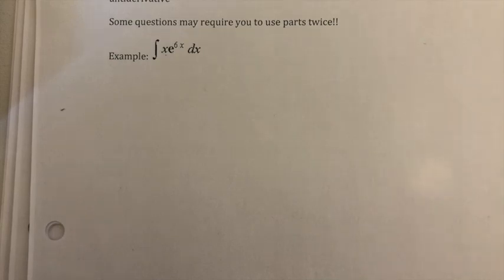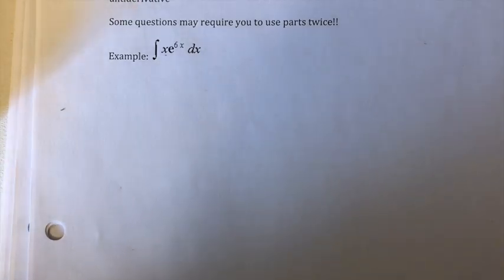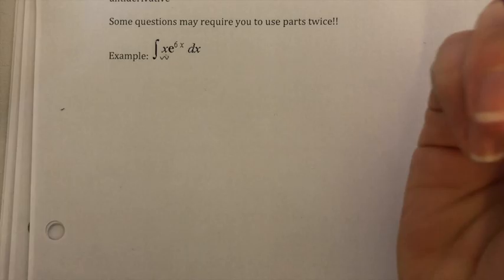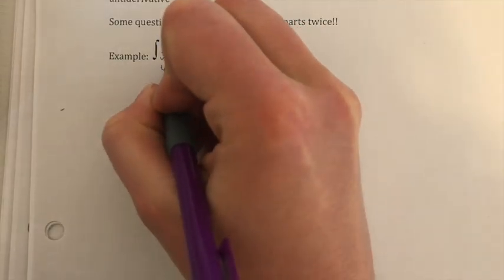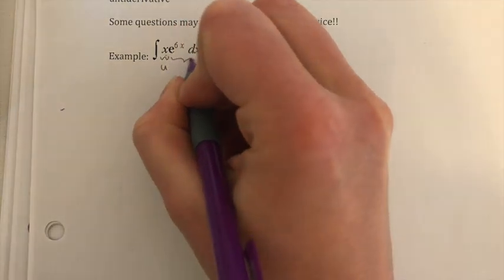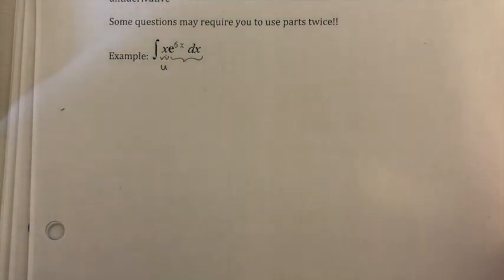Okay, so if we tried to use parts or anything like that, we could maybe say, okay, well, u is equal to 6x, but then we don't have another x showing up as the du, so it won't work for that. Okay, so what I see here is this x is a really easy section of this function to integrate. So I'm going to call it u, and then the rest of it is actually a pretty easy function to